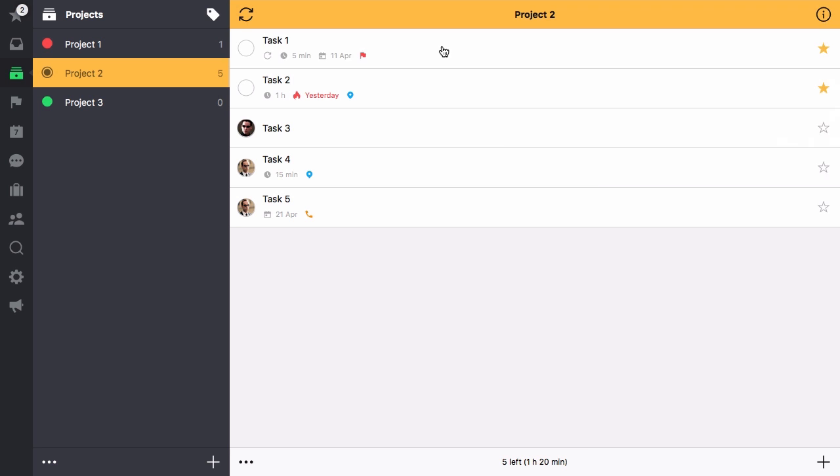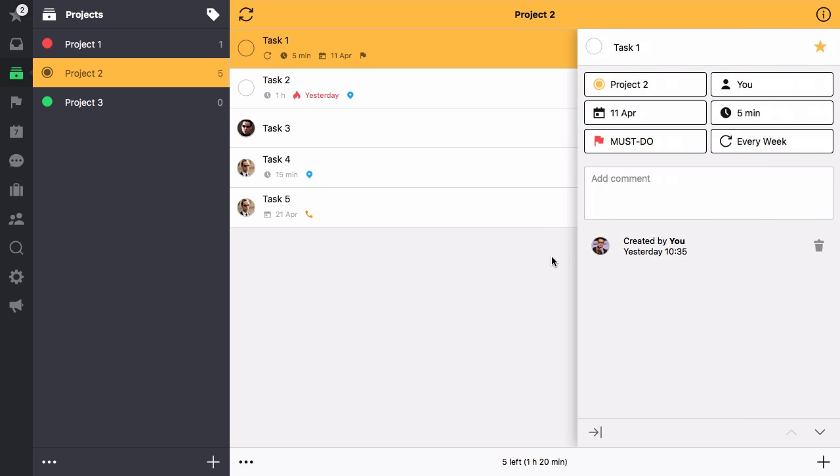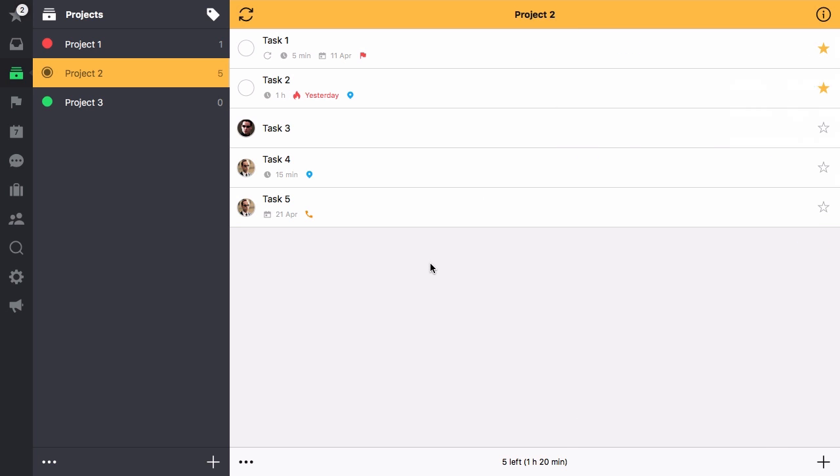New design. As you can see, the task details section in Noseby 3.0 was broadened for a better experience while reading and writing comments. Parameters buttons now have a fixed position to allow you to set them as quickly as possible. Our master column with task lists also looks different. There are many small changes to let you find everything in the blink of an eye. For example, check this brand new icon for overdue tasks. Hope you don't see it too often.